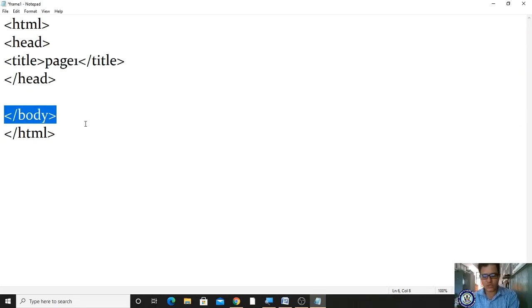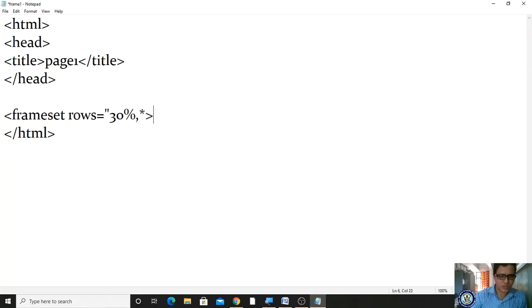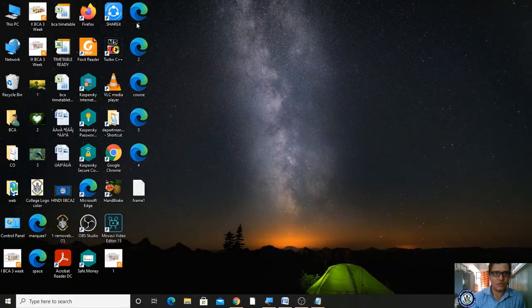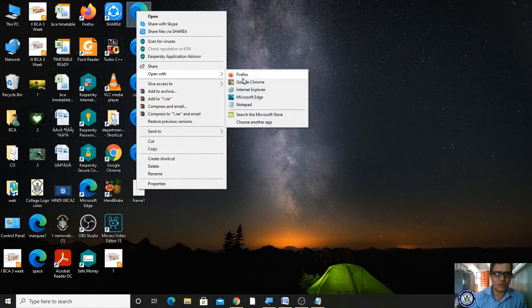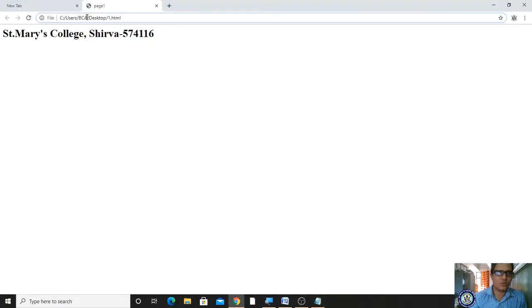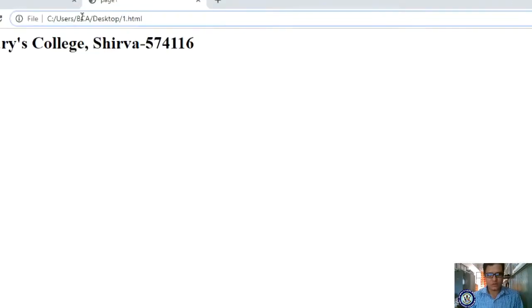Frameset should not consist of a body tag. Now I'm writing the frameset rows equal to 30%,*. Okay, that's it. And for this I want to represent, right? frame src equal to, I have to take the address of the first file. How to take the address of the first file? Open with Chrome and copy the address bar.